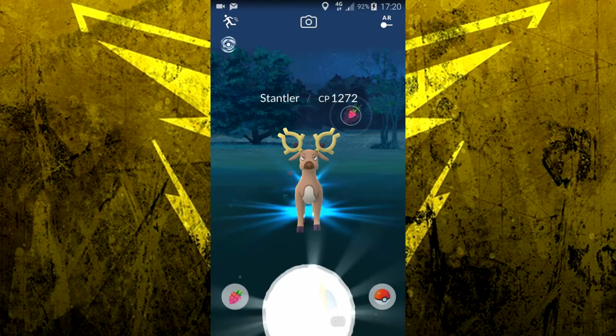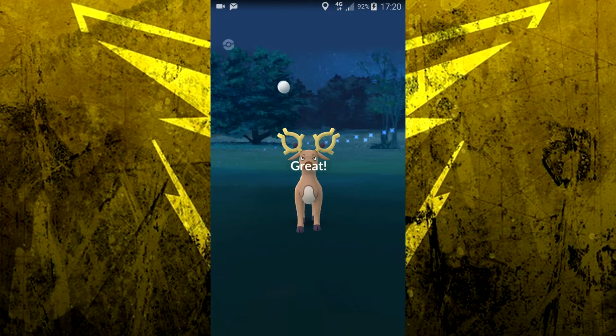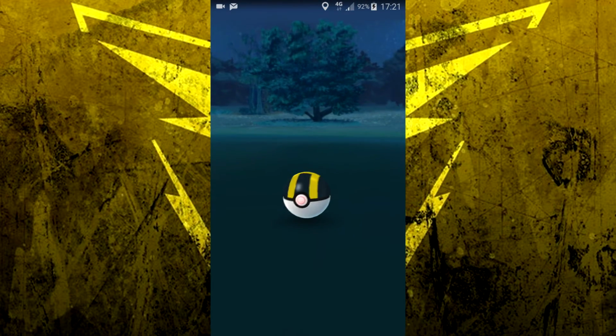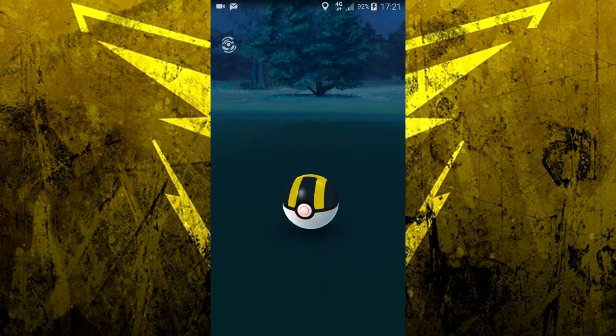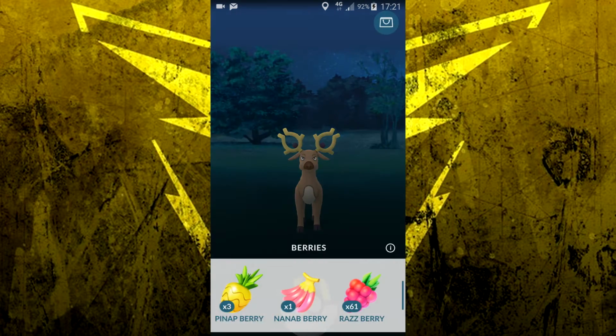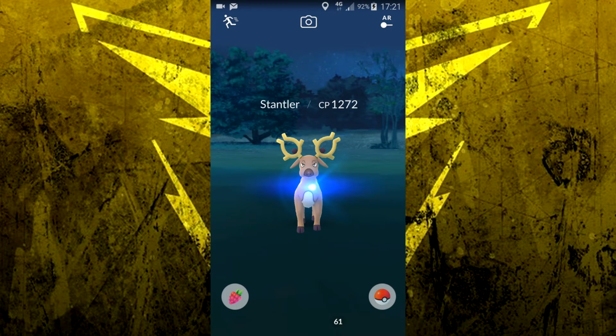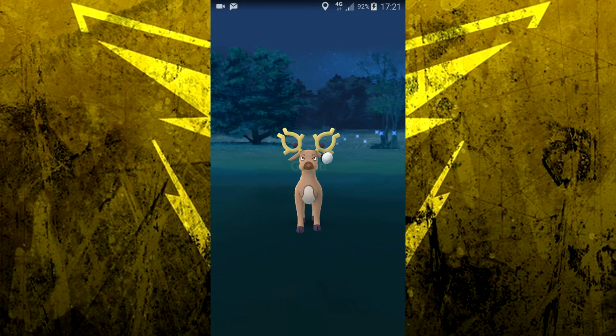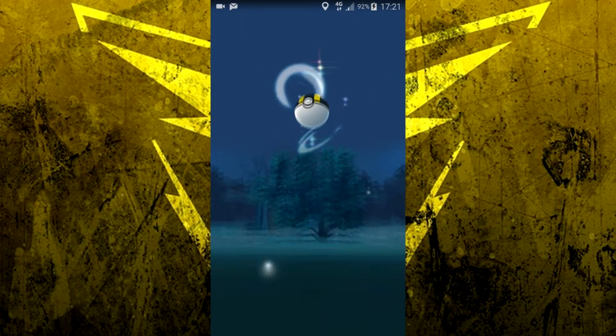I was actually surprised to find a Stantler that high CP. We found it on the list and looked around for it. The good thing is it shows you the Pokestop it's at, which is how we found it. I don't think I caught the teddy bear thing next to it, because